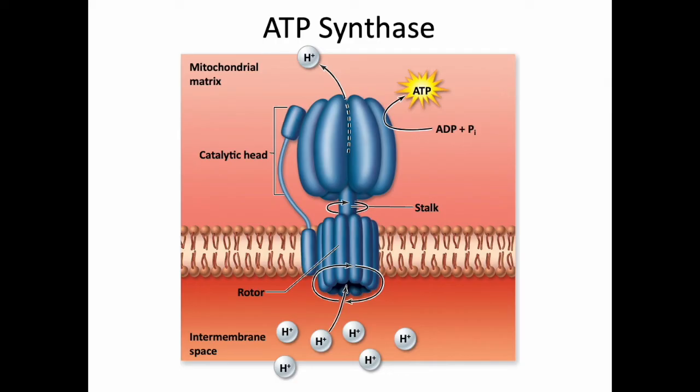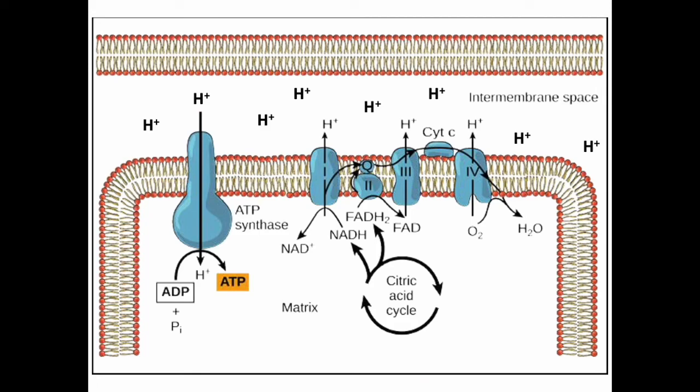So I presented the electron transport chain and then ATP synthase, but really, in the mitochondria, they're right next to one another. They're working at the same time. So here's the citric acid cycle, creating NADH and FADH2. Here's our electron transport chain, working hard to pump protons from one side of the membrane to the other. And then right next door is ATP synthase, using this proton gradient, allowing these protons to flow from one side of the membrane back to this side and generate ATP. So all of these things are incredibly important, and they work together.